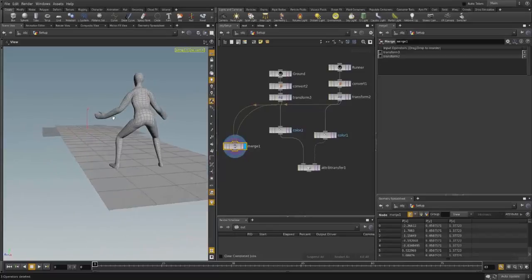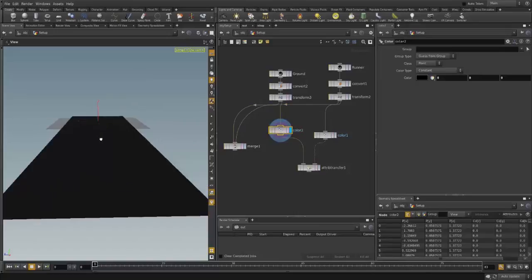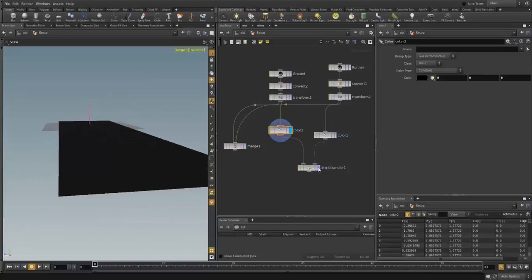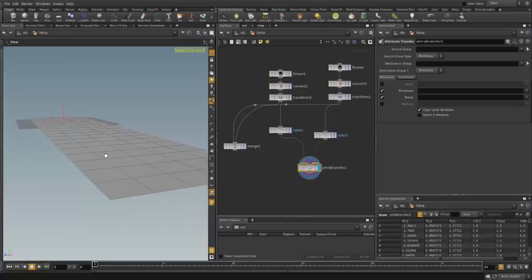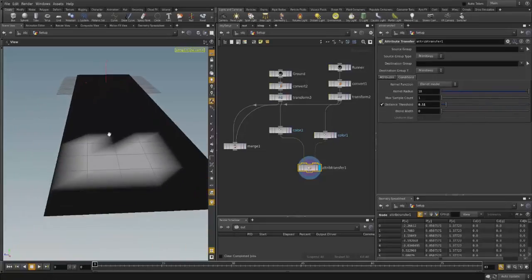Well, what we were doing, we just wanted to transfer the color of our runner to the ground. As you can see here, before the attribute transfer, our ground was black, but after that we have a white ground. And here, as you know, the color in Houdini is CD. Just select it and go to the condition. Well, our distance now is really high, just make it smaller and smaller, and as you can see, it's so